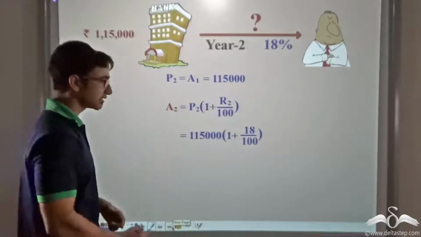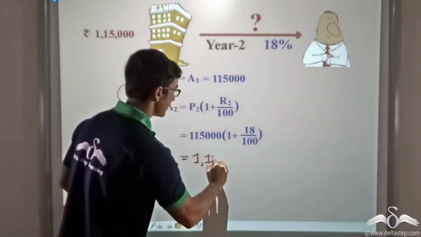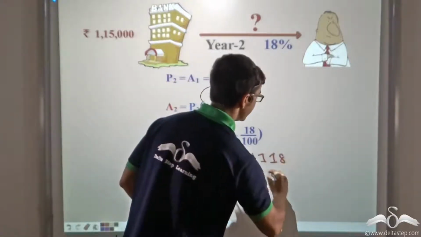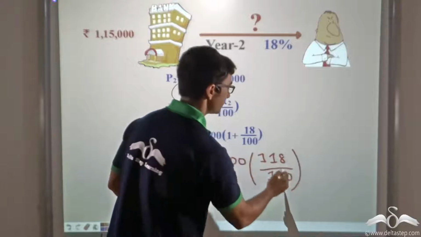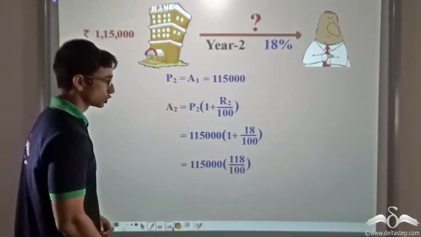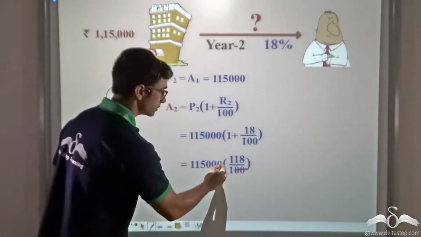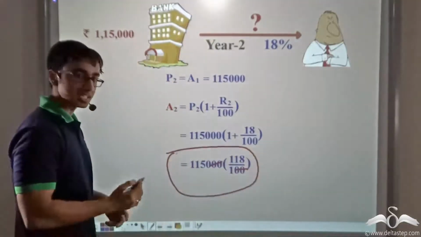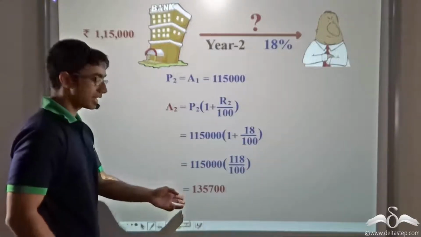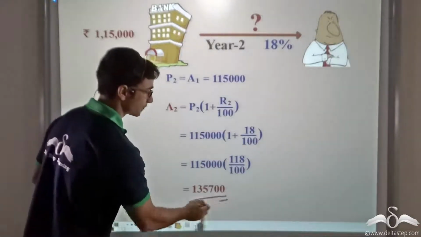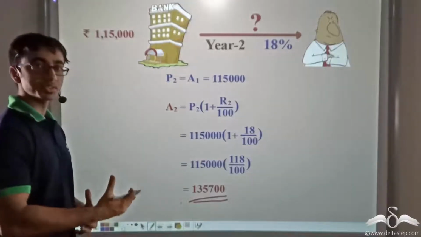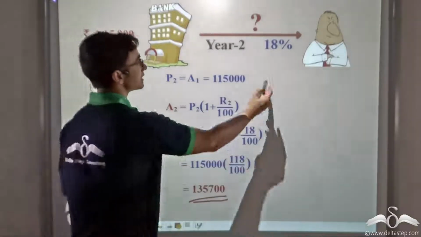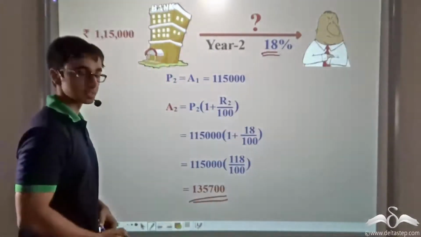So we get this equation. Now again we simplify this equation and write 1,15,000 multiplied by 118 divided by 100. So I cancel the zeros again from the numerator and denominator, and this equation gives me a resulting value of rupees 1,35,700. So this is the amount earned by Sudhir at the end of 2 years. That is at the end of the second year, when the rates of interest are different.